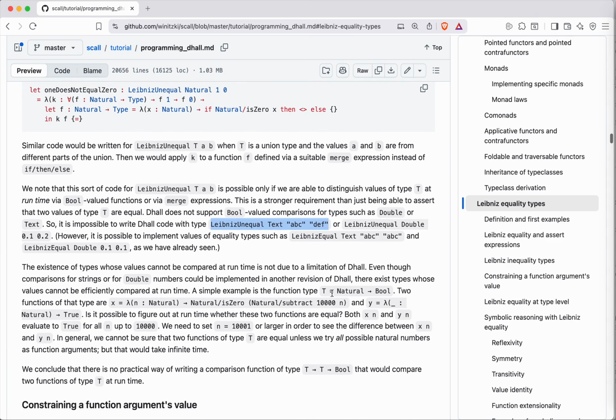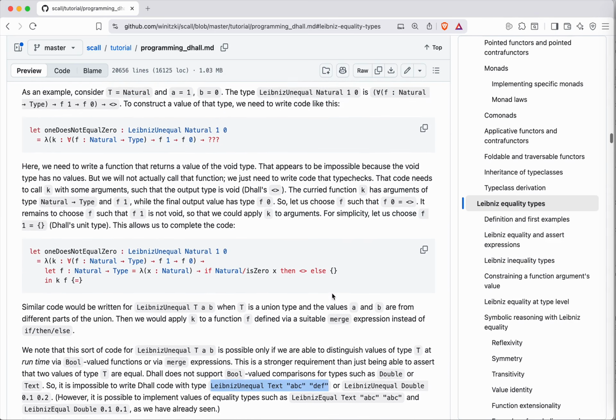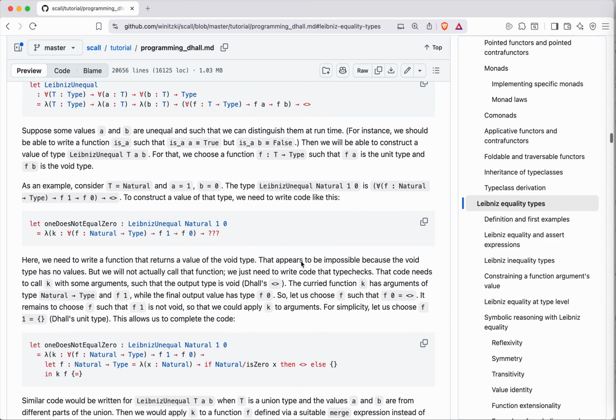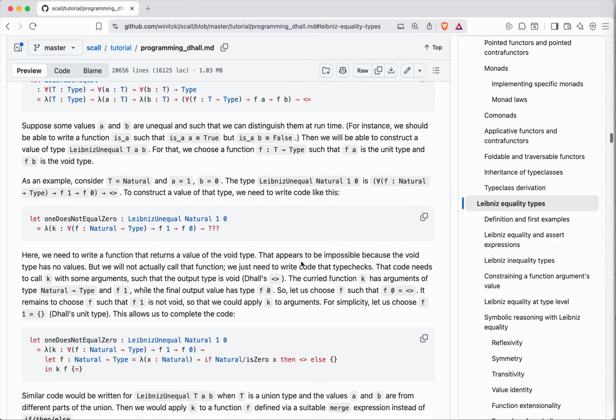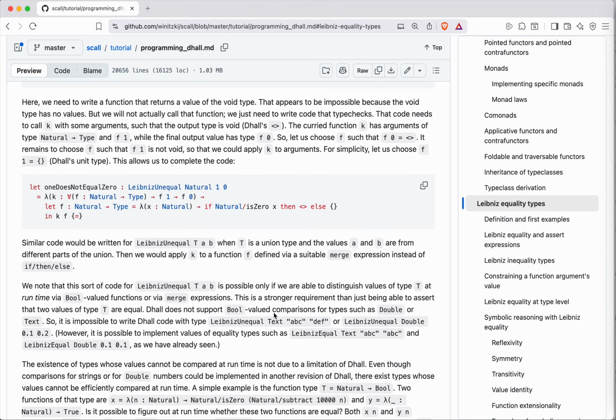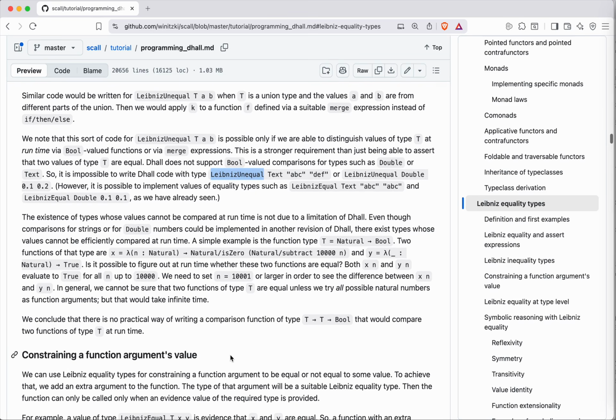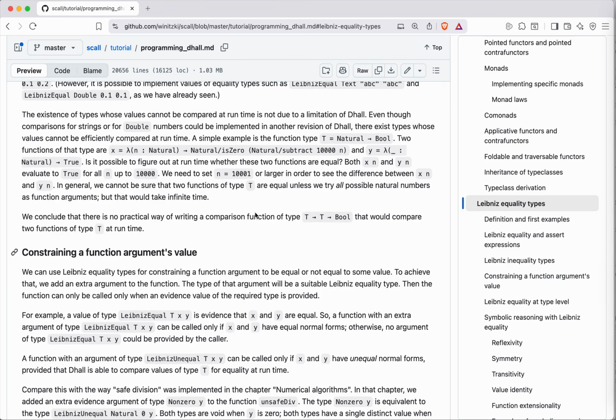So this is an interesting detail where we can have Leibniz equality even though we don't. So we can have Leibniz equality between text values, ABC, ABC, but Leibniz inequality is stronger in some way, and it requires more power from the language. But actually, there's an argument here saying that even if we add Dhall comparisons for text or double, it wouldn't help us necessarily